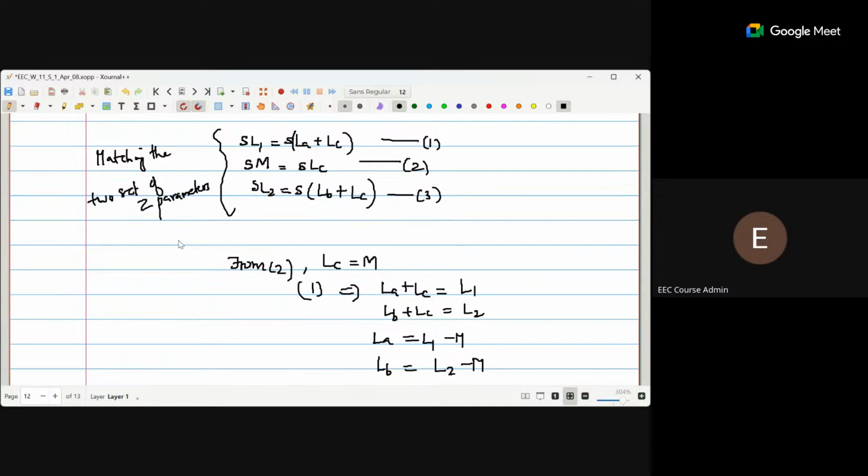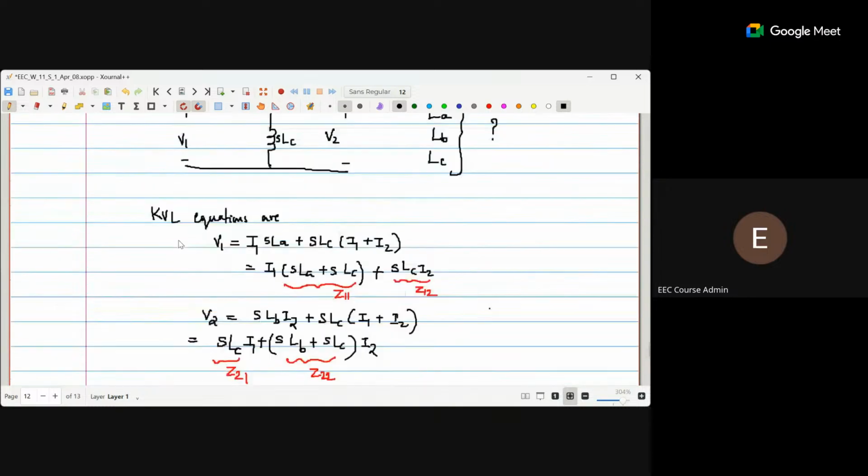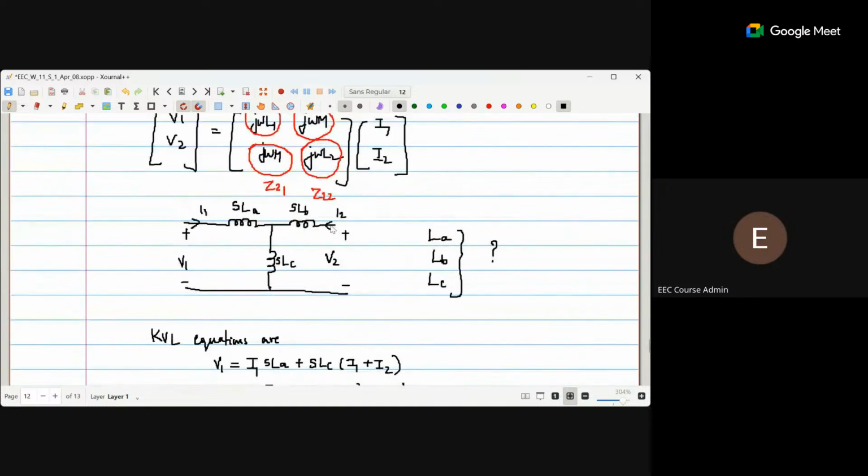So you have to do it separately for further understanding. That means Z11 is obtained by V1 by I1, with the constraint I2 is 0. That means this port is being open circuited. So you make I2 0, open circuited, then you find V1 by I1 to find Z11. Similarly, when this port is 0, that means I2 is 0, this port is open circuited, you will have